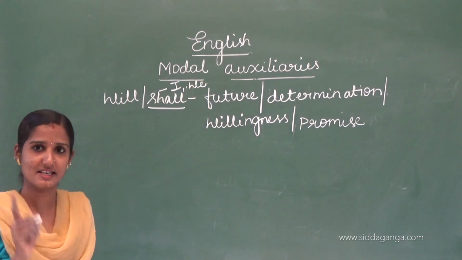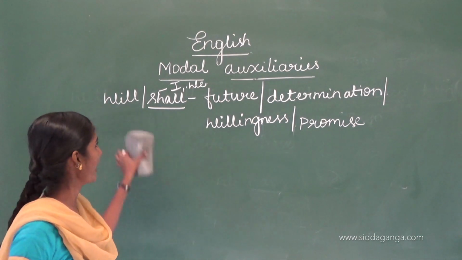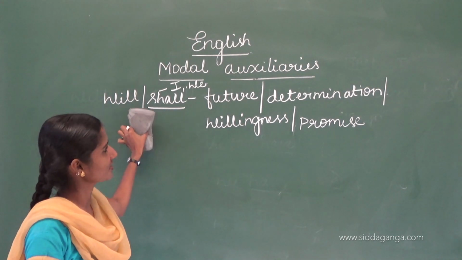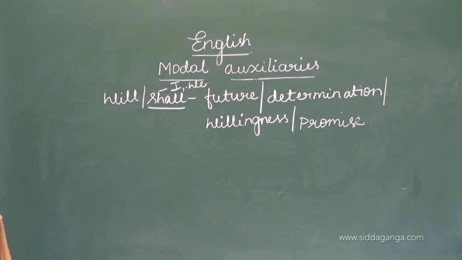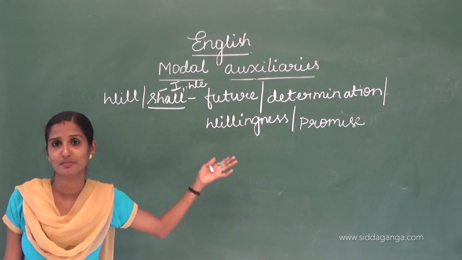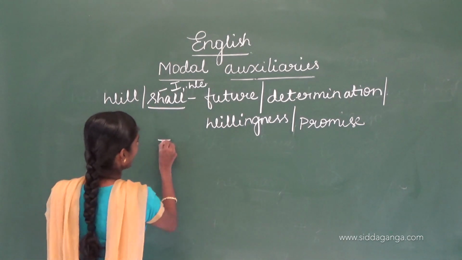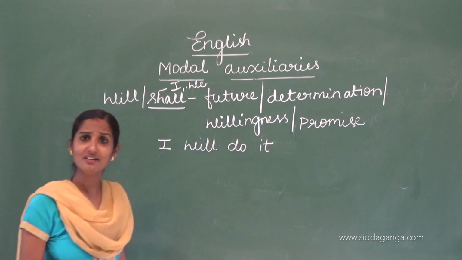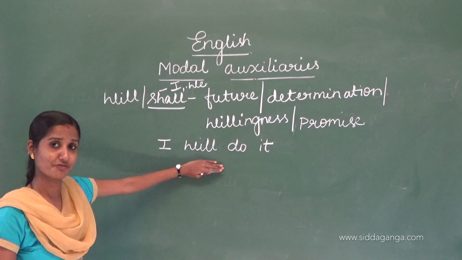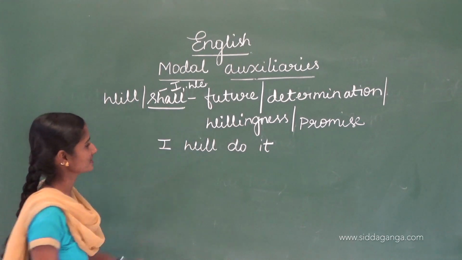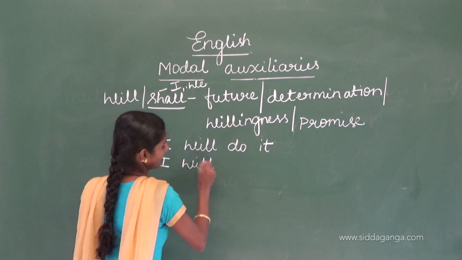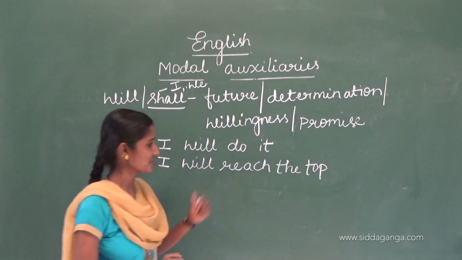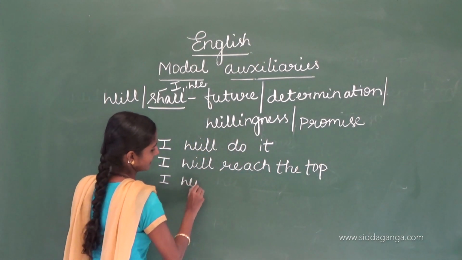When the subject is I or we have to use shall, and will and shall, these two modal verbs express the future action, it tells about the determination, and it tells about the willingness, and it also tells about the promise. Example I will write here, I will do it, right? I will do it. It is expressing the future action, or it is expressing the promise. I will reach the top. Here it is the strong determination. I will definitely